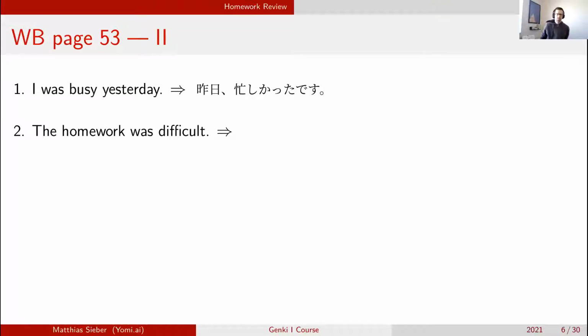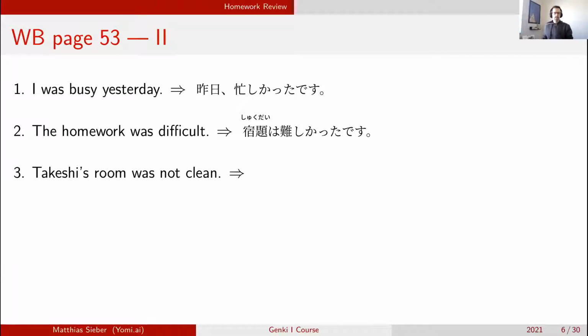Let me try this again. 宿題は難しかったです。Very good. はい、次は Takeshi's room was not clean. Katya-san. So I couldn't for the life of me remember what room was, so I just have room. That works, just FYI. Takeshi-sanのルームはきれいじゃなかったです。